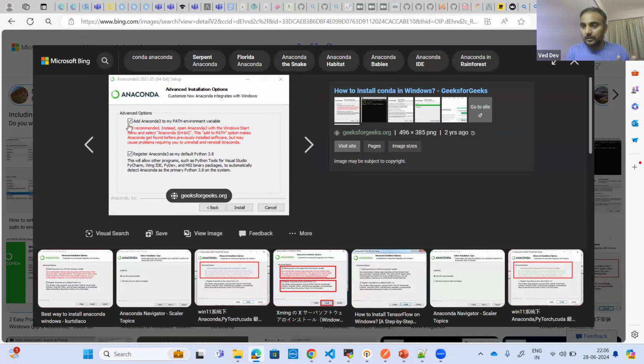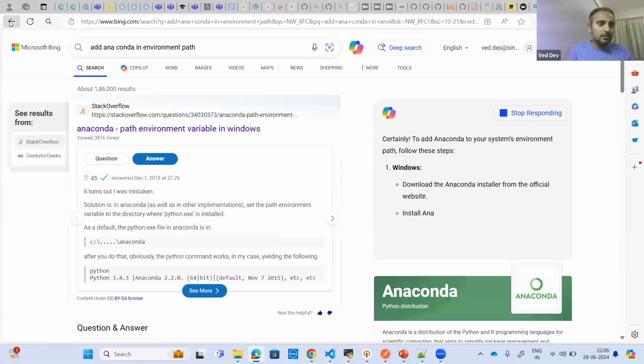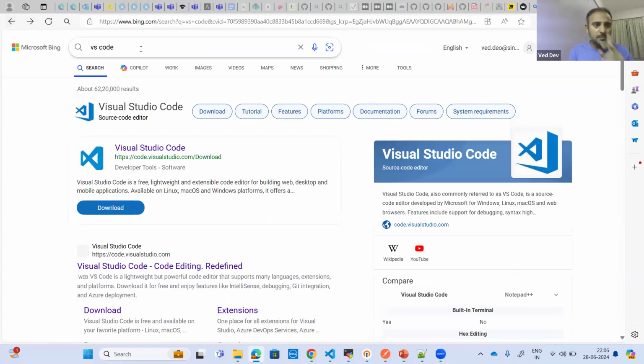It should not be unchecked. It should be checked. Means you have to select these all and then you have to click on install. So install it carefully. And then after that, VS Code. Simply write Visual Studio Code,